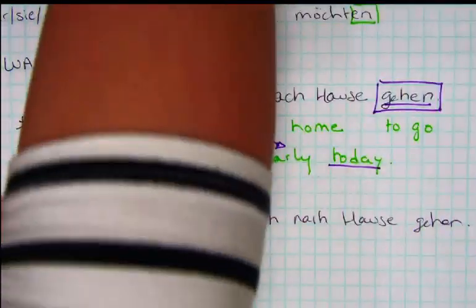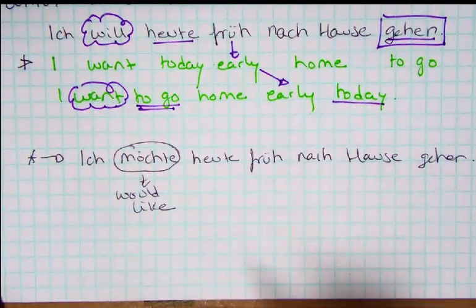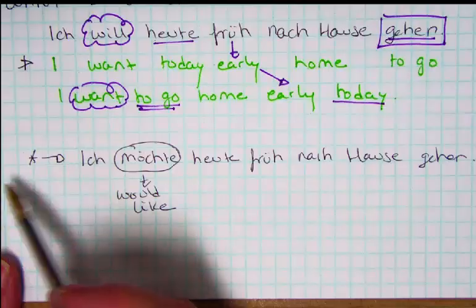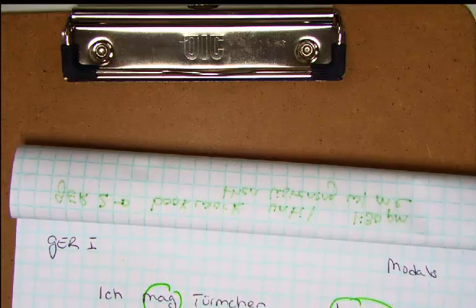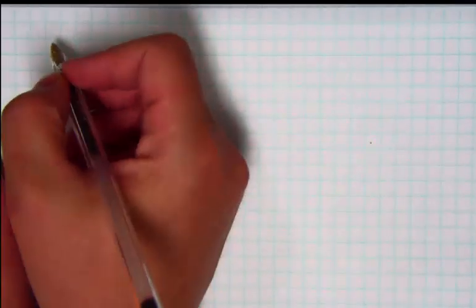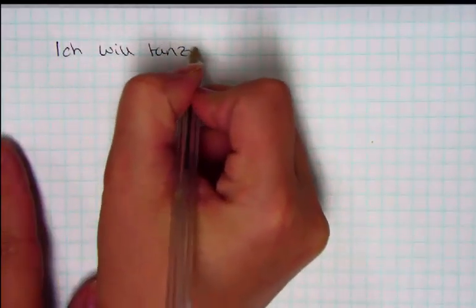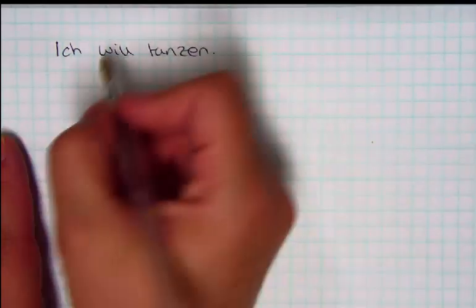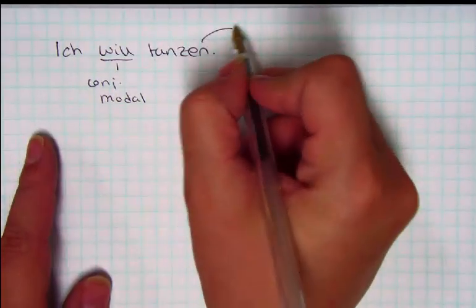For now, I'm going to keep going so that you guys actually have the whole content before you start doing work on your own, and you can go back over your notes. So every single time we've done sentences with modal verbs so far, let me actually flip the page to a fresh one. I've told you guys that what we're going to have is the modal verb in second place and the infinitive at the very end. Now, with möchten in particular, but with all the other ones as well, that is not always true. So I can have sentences like, ich will tanzen, right? I want to dance. That makes sense. So here's my conjugated modal in second place and the infinitive at the end.